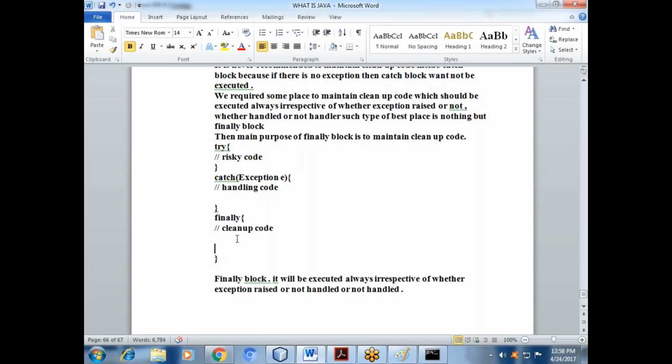Based on the flow, suppose you have a large amount of code, so how will you find it? Suppose in a real-time application, system.out.print is not required. But if you want to check whether it works properly or not, you can put it and see that. At that stage, debugging is required. Whenever you check the flow and your execution is successful, you will remove the System.out.println. But here you can also use that scenario.